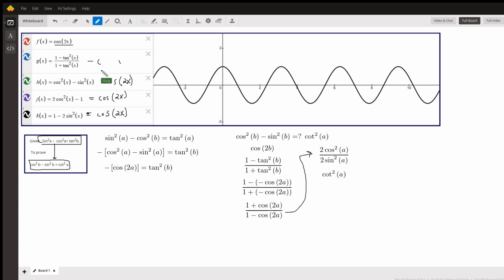So this is the graph of cosine of twice an angle. And here's some equivalent functions that all match the cosine of twice an angle. So we're going to use every one of these identities. So we're going to start with the given and show,